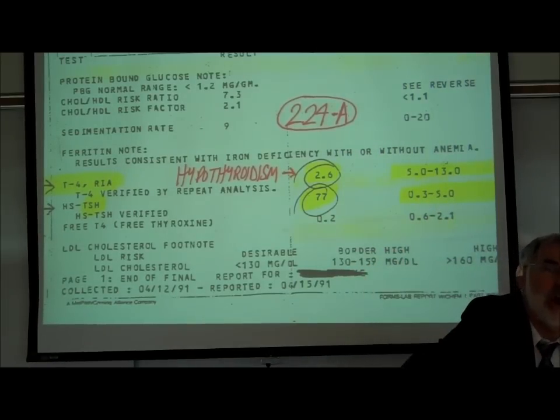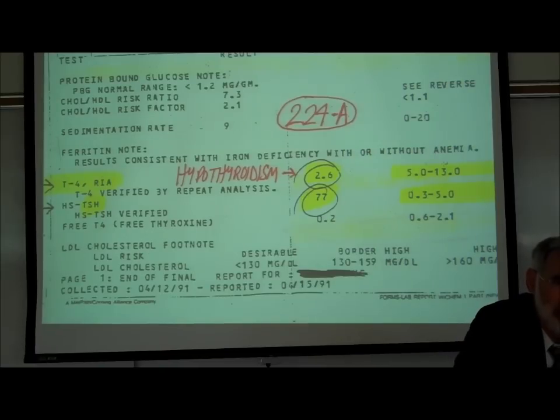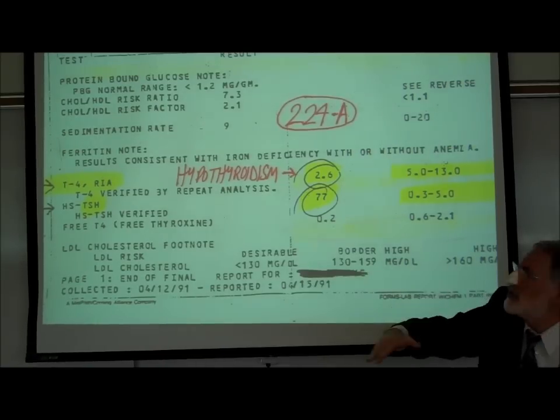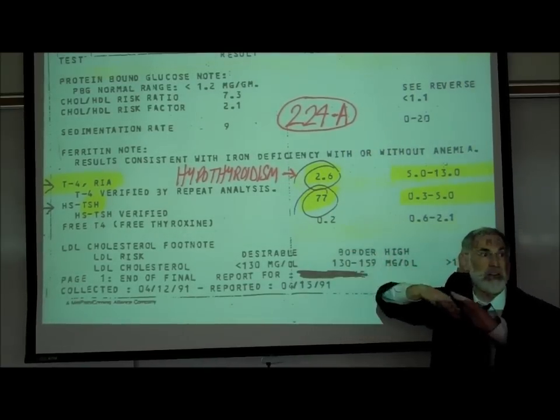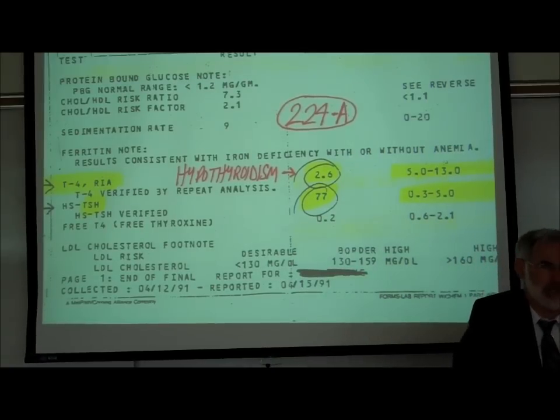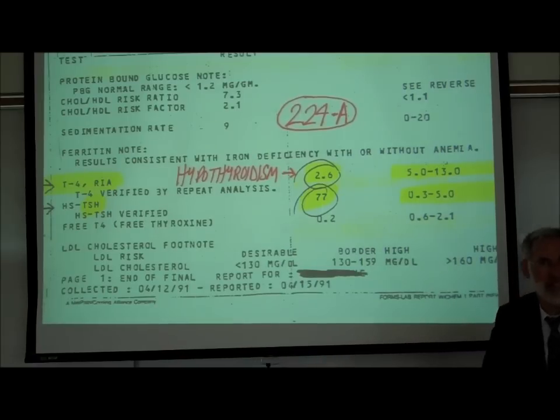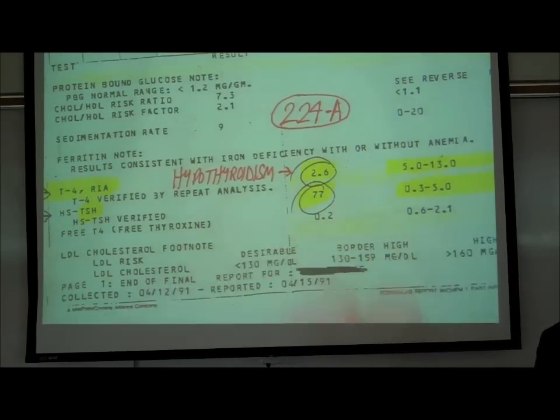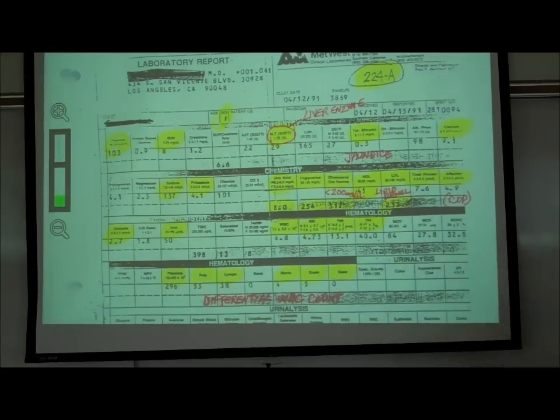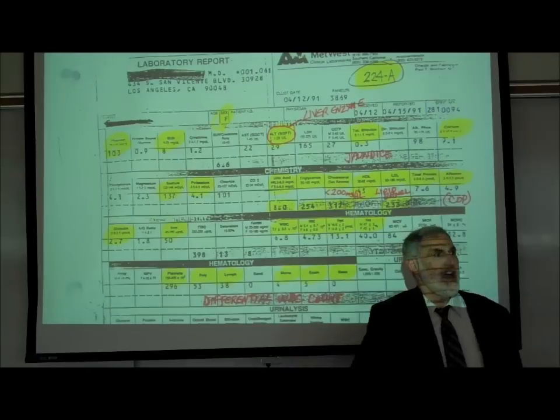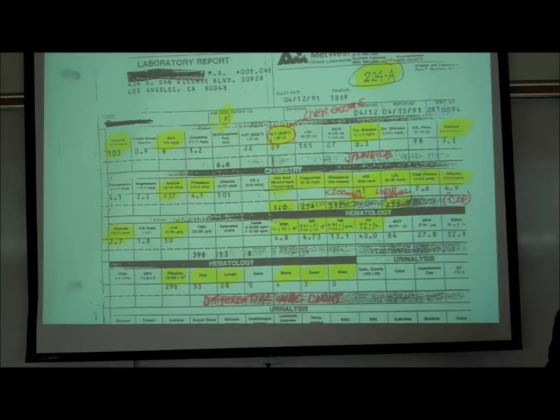So the way they know how much thyroxin to give you is to give you enough until that TSH level produced by the pituitary drops back down into the normal range. That's how they know, because that shuts off that feedback mechanism. Okay, so let's summarize. If we had shown you on the first week of this class this page, and we would have asked you, interpret it, explain what's going on in this patient,